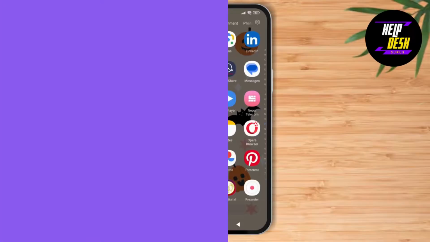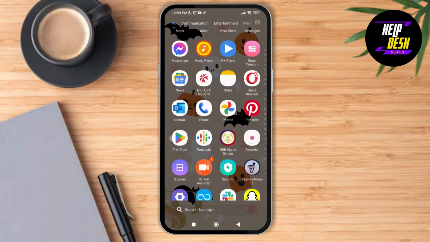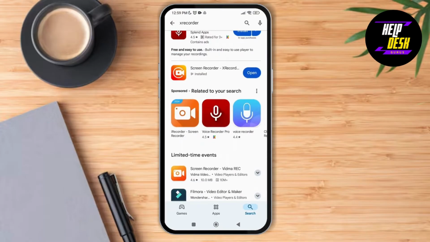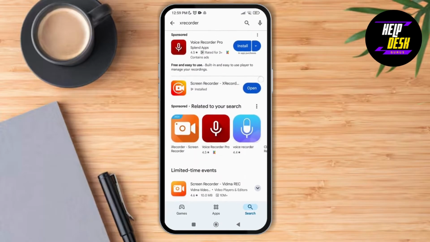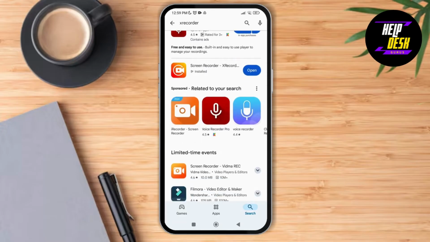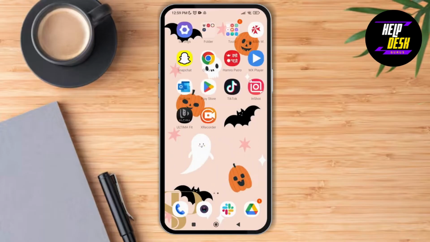Let's get started. So first of all, make sure that you have the latest version of the XRecorder application on your device. Over here, as you can see, there's an option of update, which means we have the latest version of the application. So all we're going to do is go back and then make a long press on